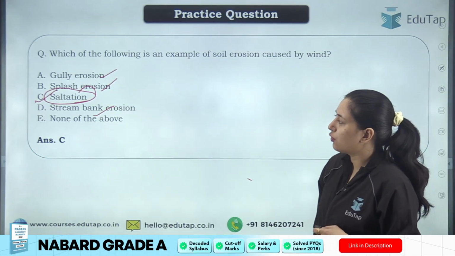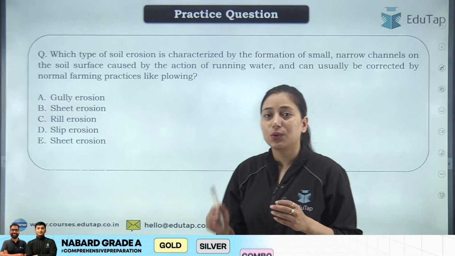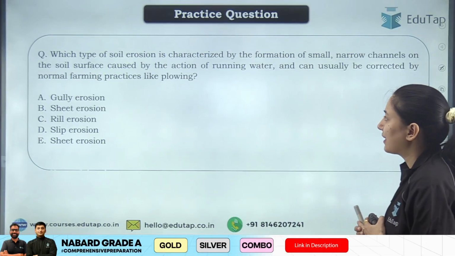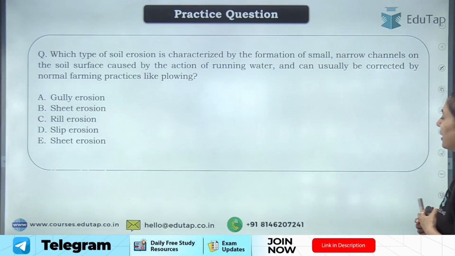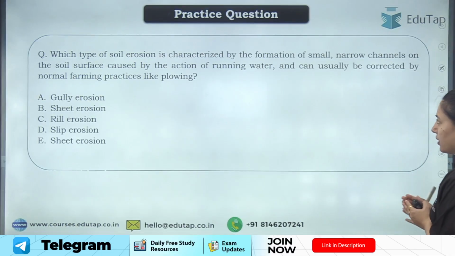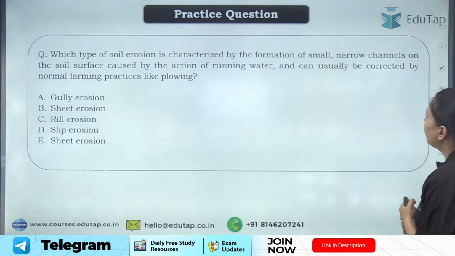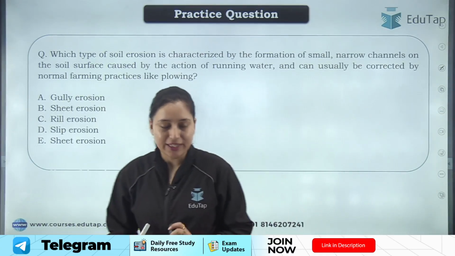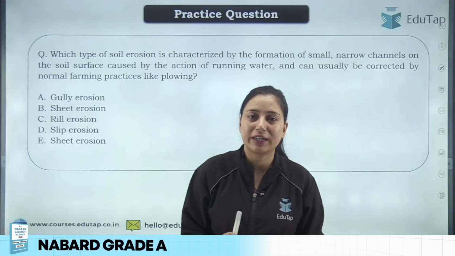So next question for you, and you have to solve that question, and let me know the answer in the comment section. Which type of soil erosion is characterized by the formation of small narrow canals on the soil surface caused by the action of running water, and can usually be corrected by normal farming practice like plowing? Okay, now you have to solve this question, and let me know the answer in the